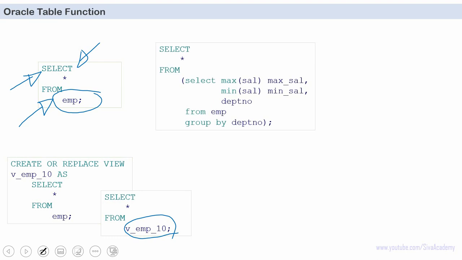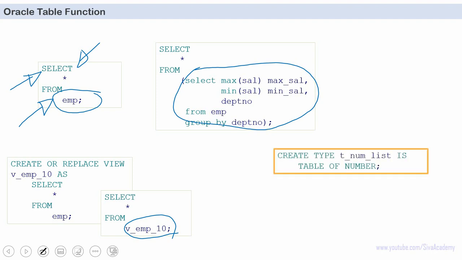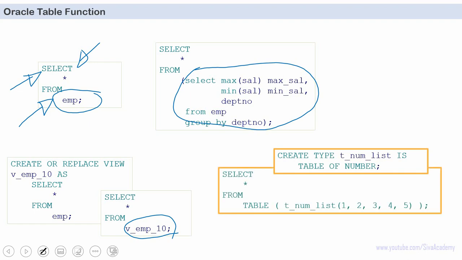In some cases we can write a select statement, and the select statement will return relational data, and that will behave like a source of data. Very similar to this, we can even use a collection as a data source. So let me show you an example. I'm creating a nested table type here, and then as part of the select statement, I'm using an initialized collection as a source. This collection we are converting into a relational data source using a table operator. So here the table keyword is called the table operator. This type of usage is possible through the Oracle table function functionality. Let me show you this example now.